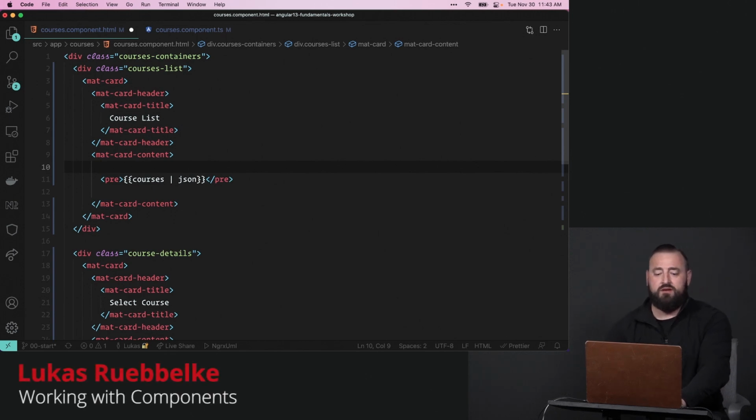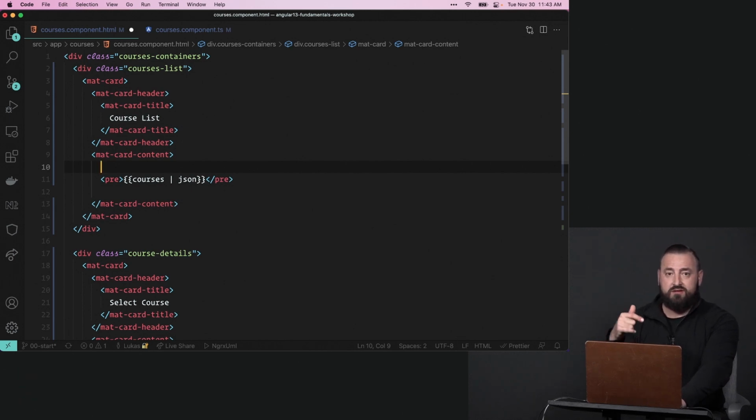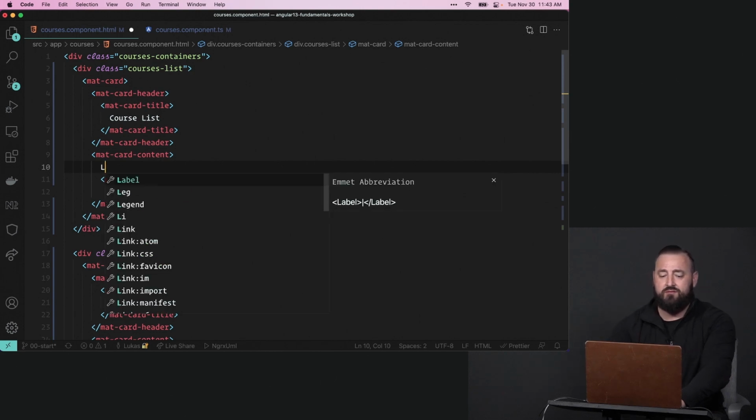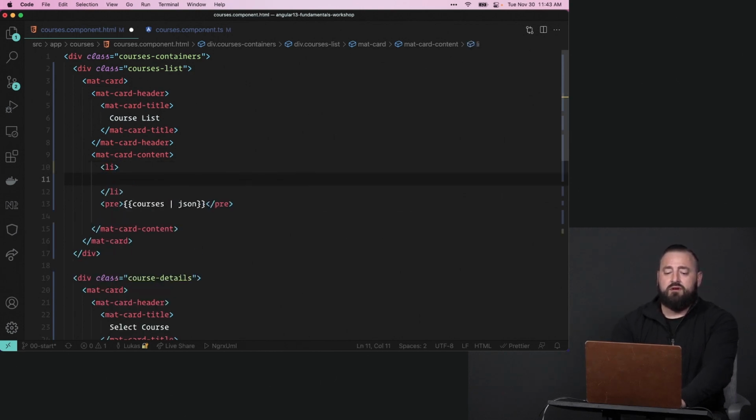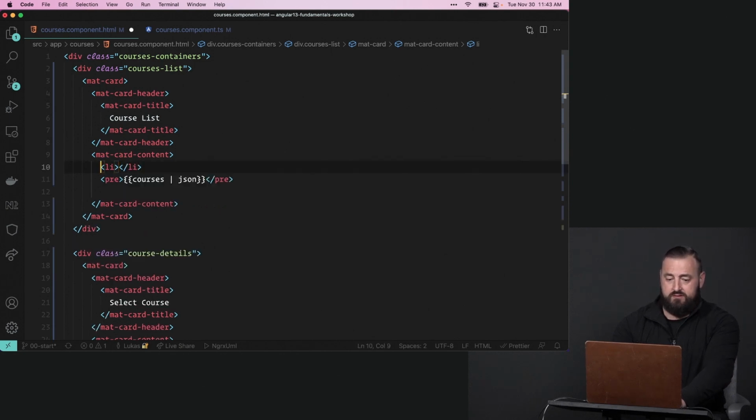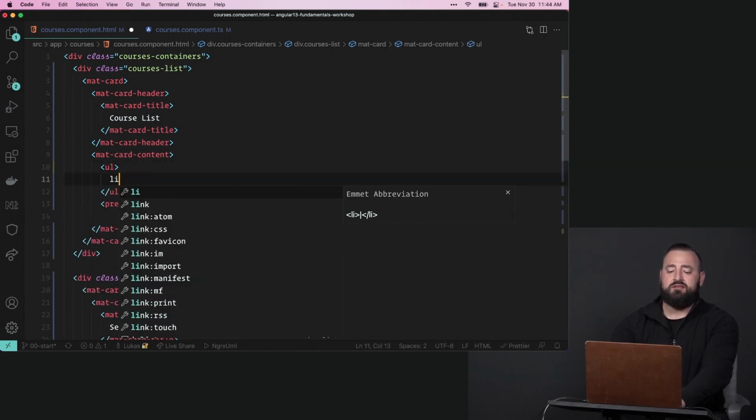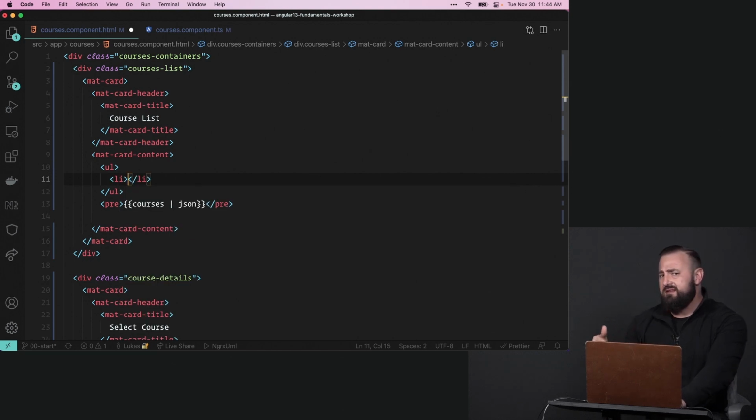Now, what we can do is iterate over this course's collection and display it as individual items. So let's go with an unordered list, and we want to create a list item for every single course that exists. So what I can do here, using ngFor, is say let course of courses,